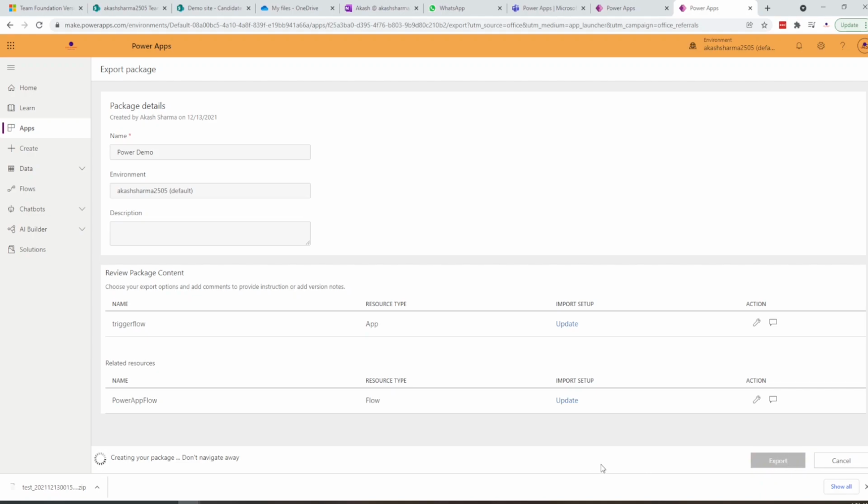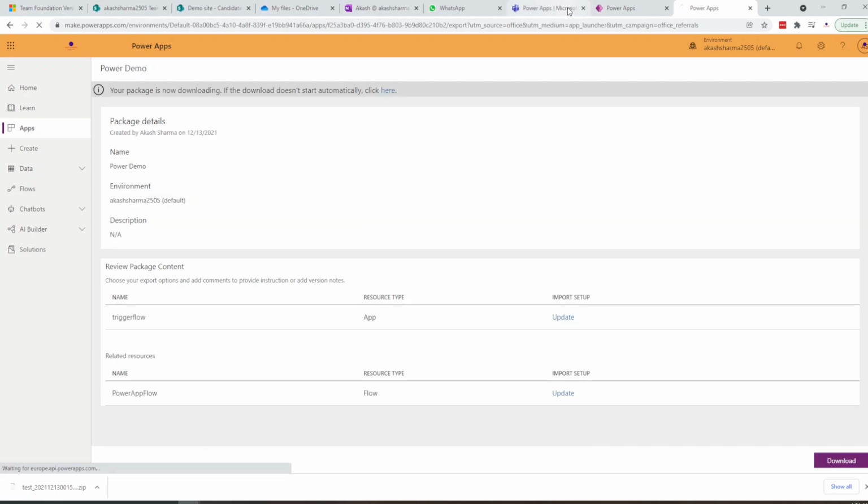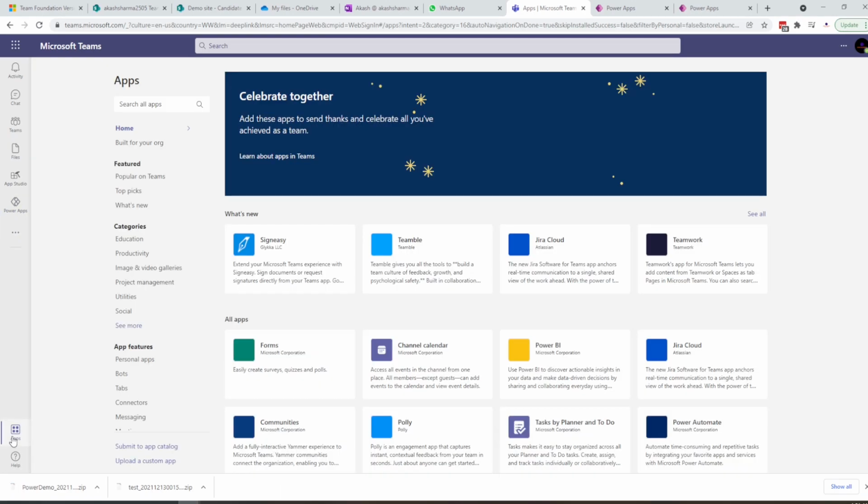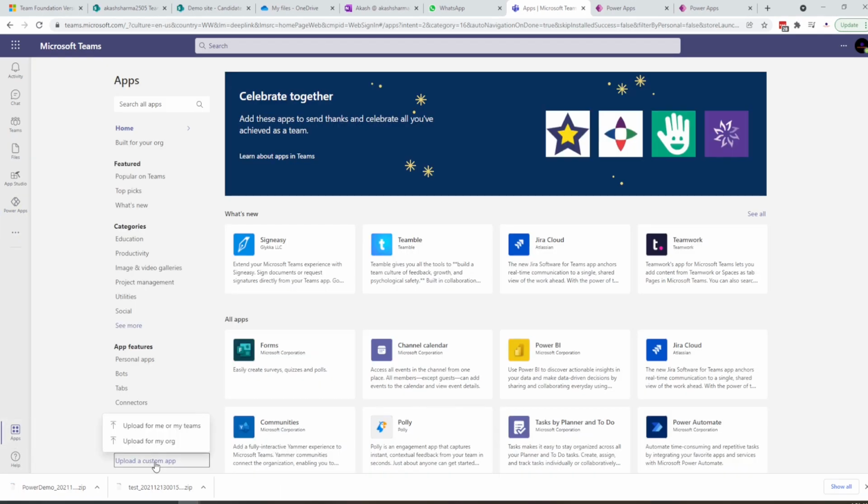Clicking on export will download a zip package of your app, and once the download is completed, you can go back to Teams and click on Apps on the left navigation. In here you can do upload custom app. Select what you want to do: upload the app for your entire organization or just for your team or yourself.